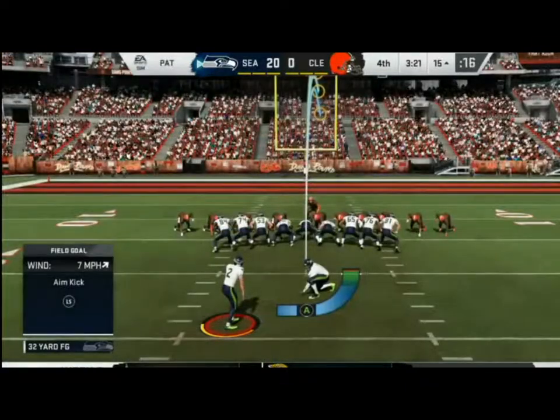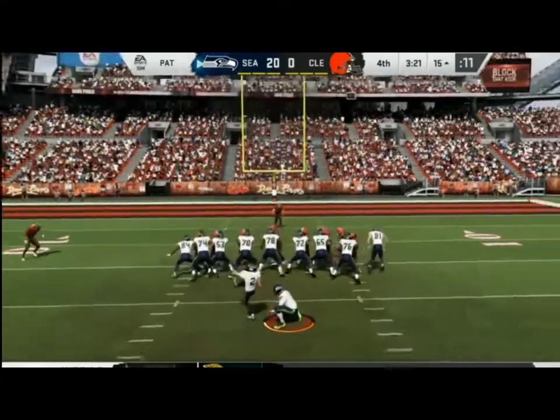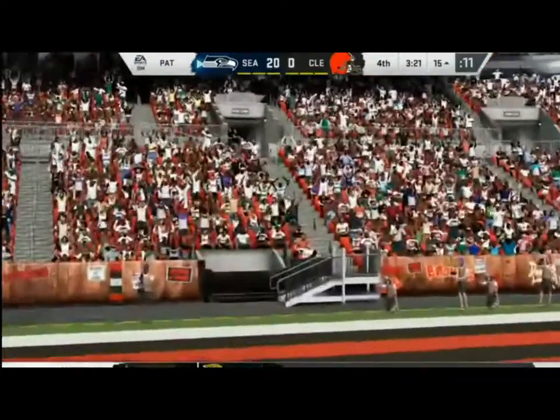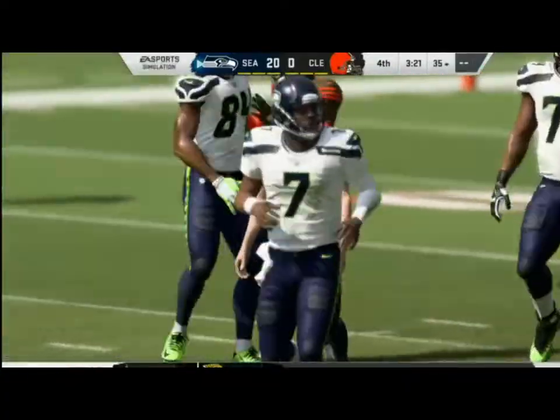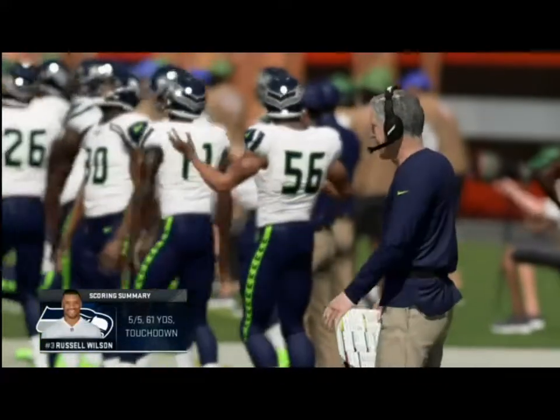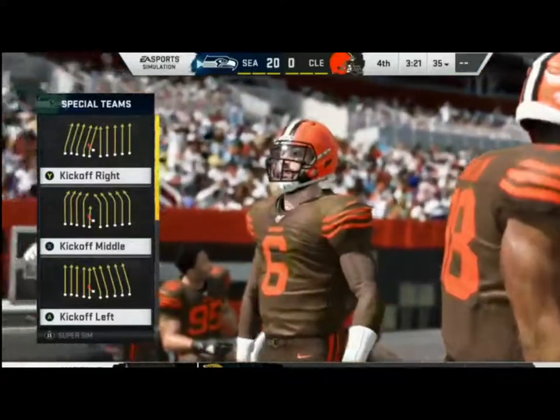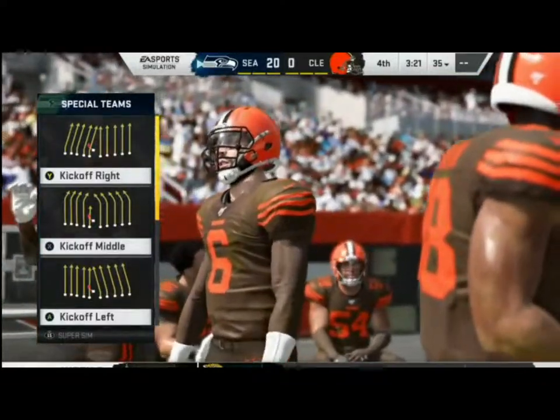Now Myers for the extra point. And it's no good. It has not been his day. That's the second extra point he's missed so far. 18-0, but